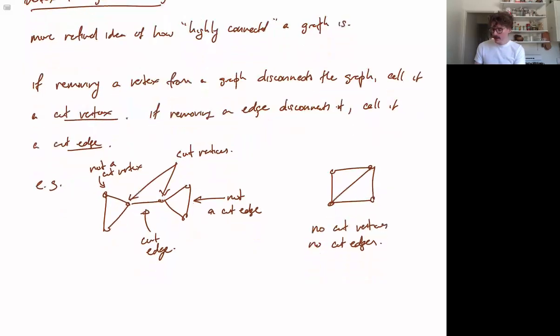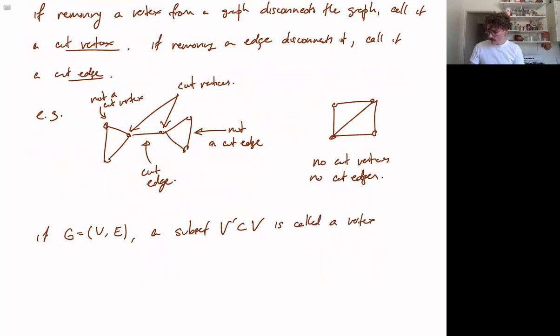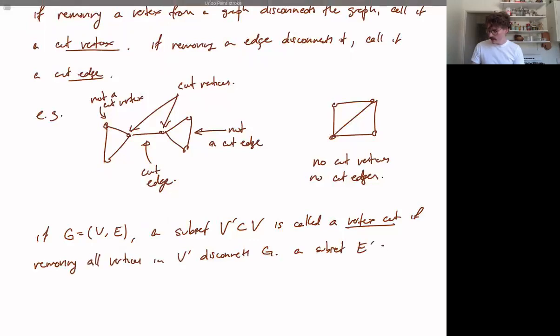So let's quantify this even further. If G is a graph with some vertices and some edges, a subset of the set of vertices is called a vertex cut if removing all vertices in the subset, V prime, disconnects G. And similarly, a subset of the edges is an edge cut